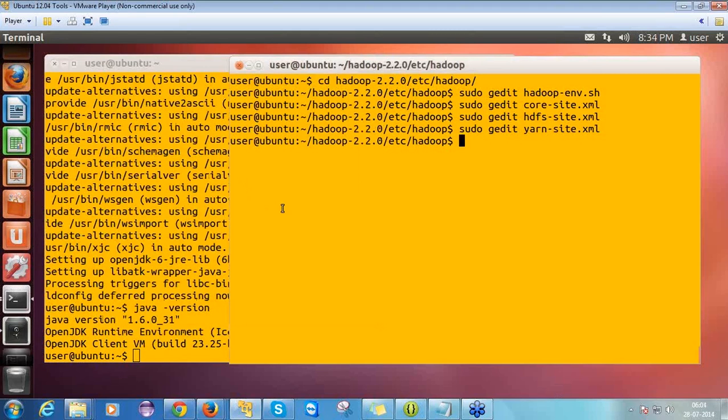Now what we have to do, we have to edit the mapred-site.xml file. This is the last file we have to set. Now after that we will be going for the installation. We will be starting the daemons and check it out. So let's